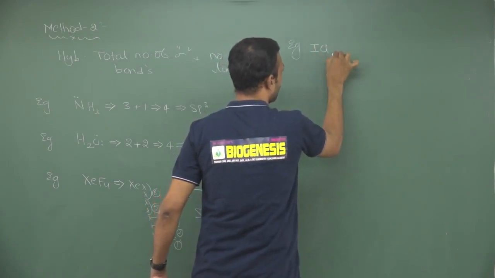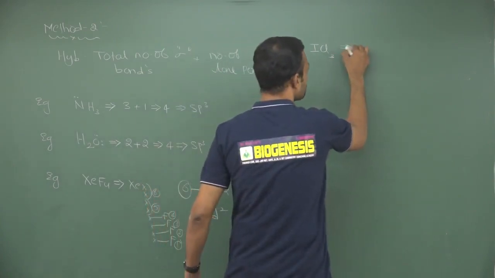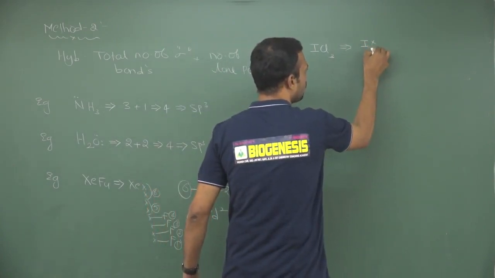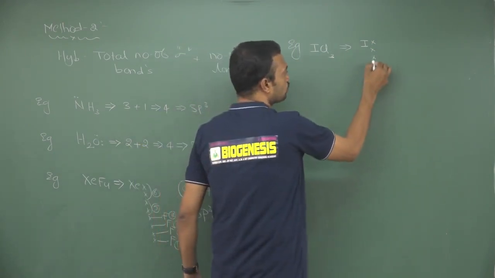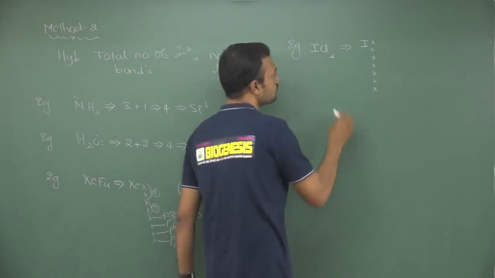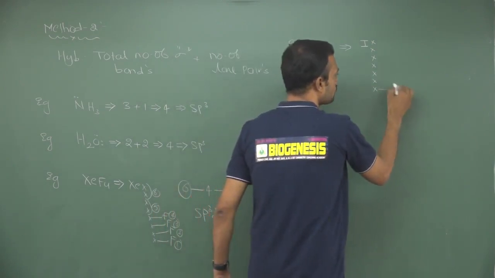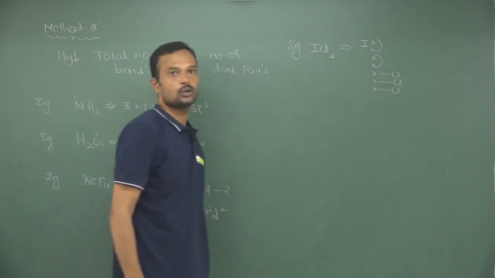See, you can write an interhalogen ICl3. Suppose we don't know how many lone pairs are present. First you take iodine, write down the total number of valence electrons present in iodine. So 1, 2, 3, 4, 5, 6, and this is 7. 3 halogens are surrounded around iodine, so this is 1, 2, 3. The remaining 2 electrons just assume as a lone pair.